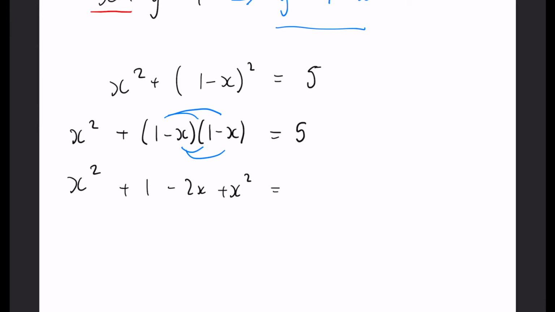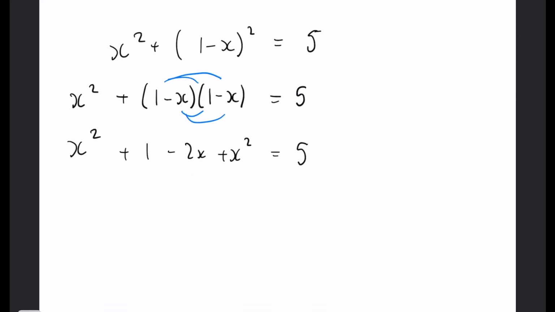If you aren't too sure on how I expanded that double bracket, I've made a video on that explaining that in a lot more depth. So go ahead and find that one if you want. Equals 5. So we can collect up our terms, and also we don't want this 5 on the right hand side, so we can subtract 5 on both sides, and that will leave it in terms of 0 on the other side. So 2x squared minus 2x, and then if we take away 5, that's going to leave us with minus 4